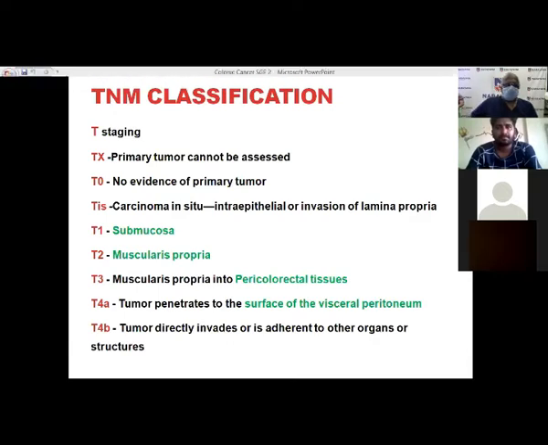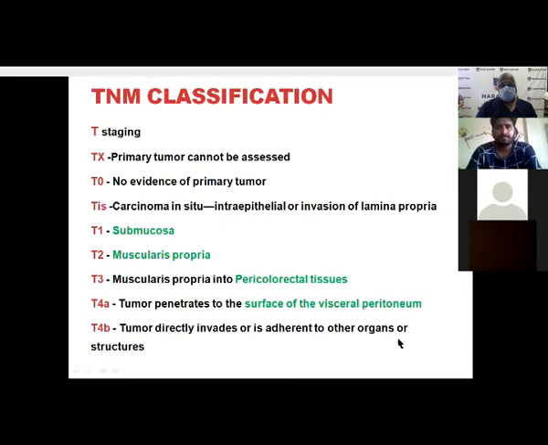TNM classification, T staging. TX, primary is not assessed. No evidence of tumor, T0. Tis, in situ, intraepithelial, all the three. This one is easily treatable if it is approachable for a transmucosal excision or a mucosal dissection. Next is T1, submucosa. T2 is muscularis propria. T3 is muscularis propria into the pericolic colorectal tissues. T4A is visceral peritoneum,